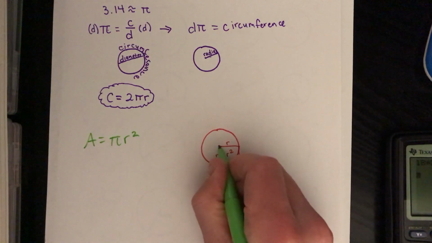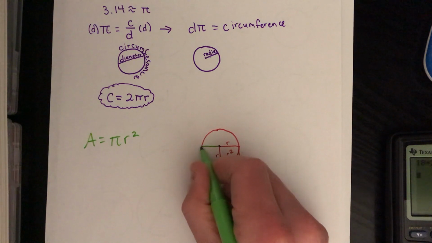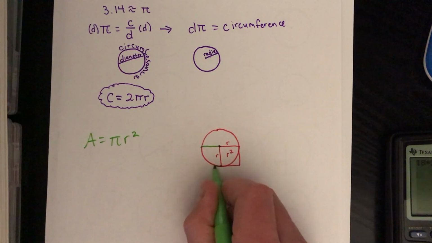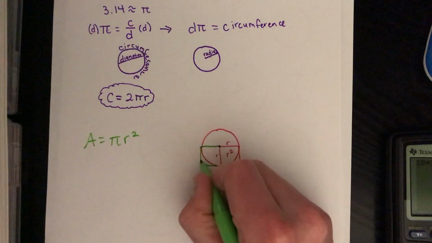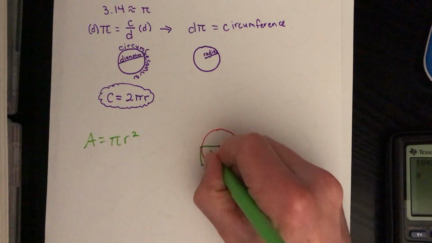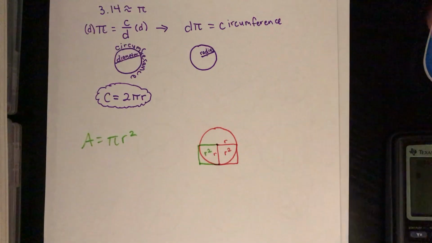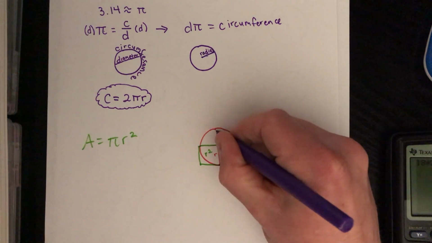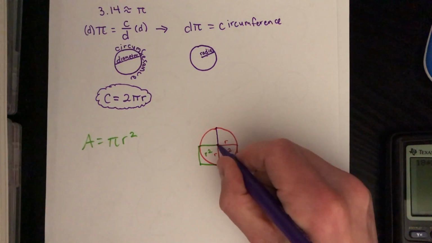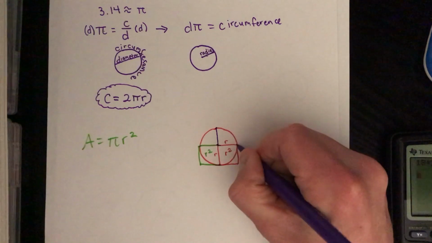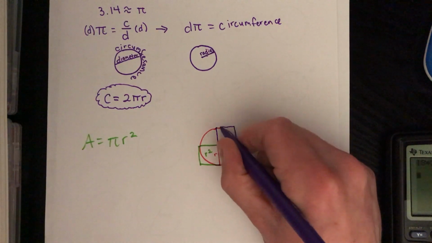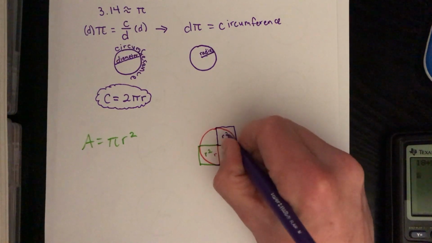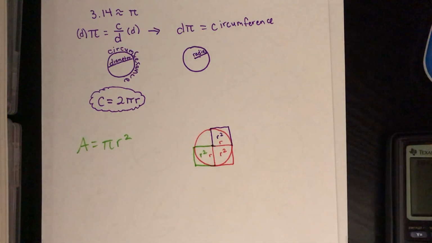So I could start from the center and go to here, and then make a box out of that as well. And now this green area is an r squared. And I can make one up in the top right quadrant of this circle. So there's a radius. This line that's already here is a radius. So I can make a box out of those. And this area that I just did in purple is also an r squared.